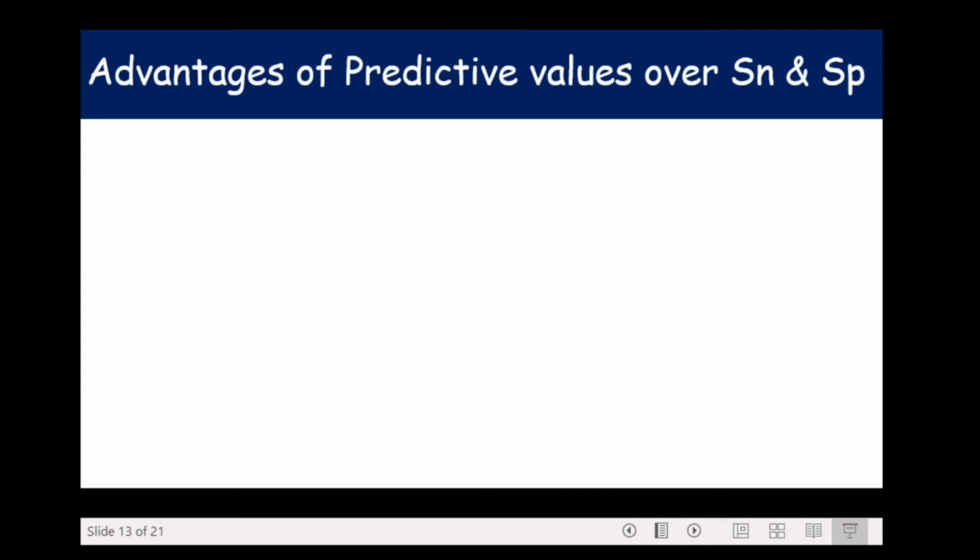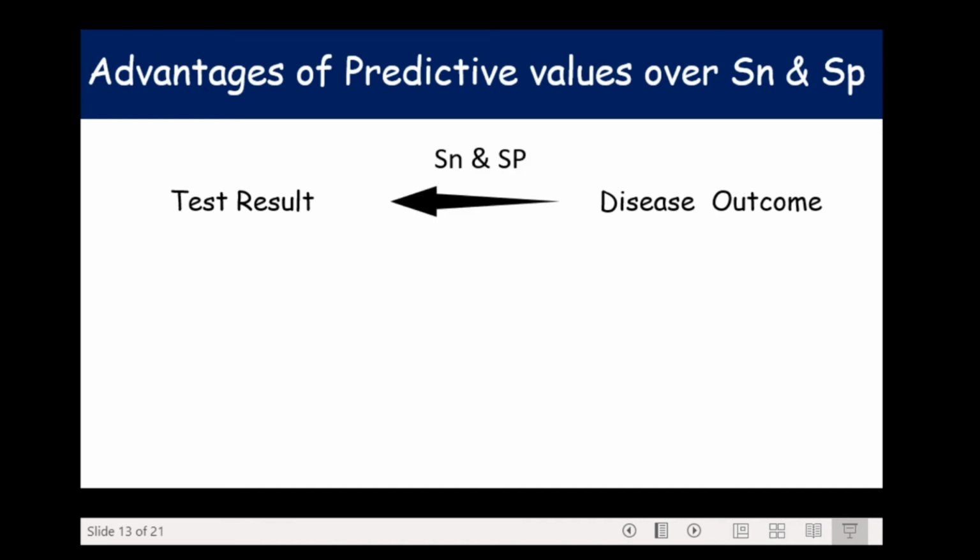So why are positive predictive value and negative predictive value preferred over sensitivity and specificity in clinical practice? Now let me explain this briefly. For example, when we talk of sensitivity and specificity, we often say that 90% of the patients with abnormal pathology will have an abnormal or positive test result, while 70% of those with a normal pathology would have a normal, that is negative test result. In fact, this analysis is useful for validation of a diagnostic test, but here sensitivity and